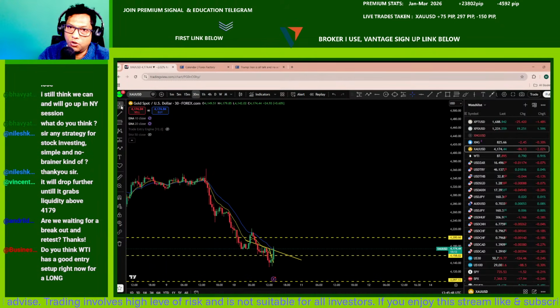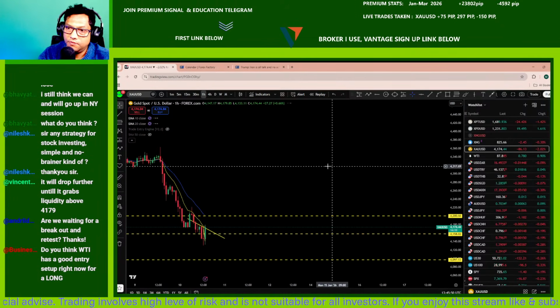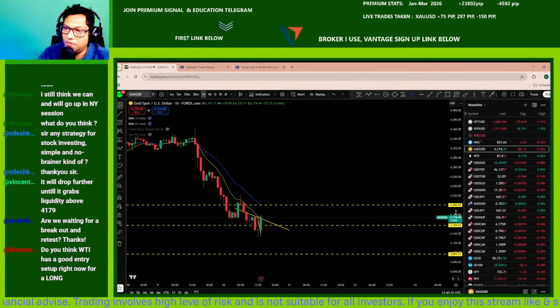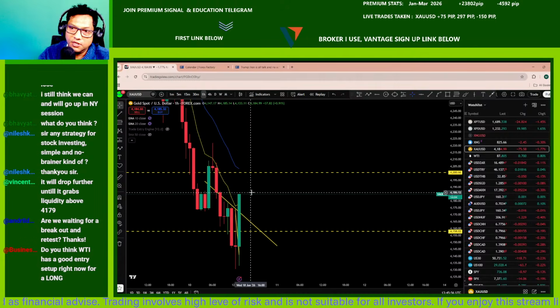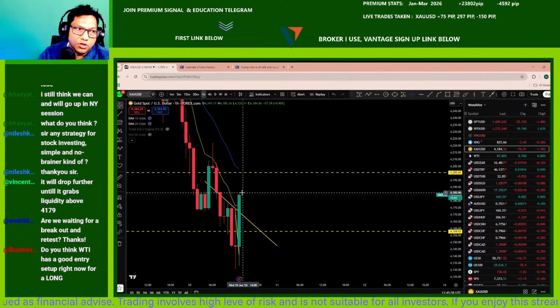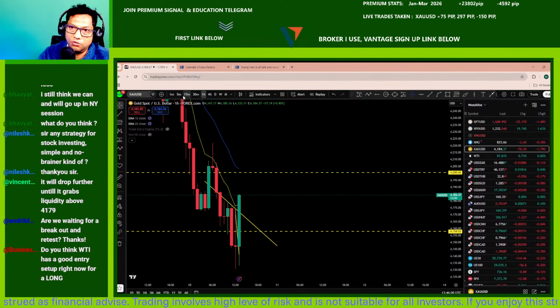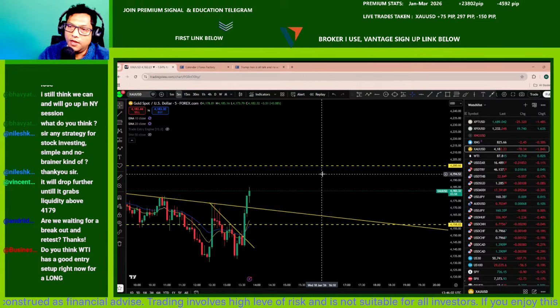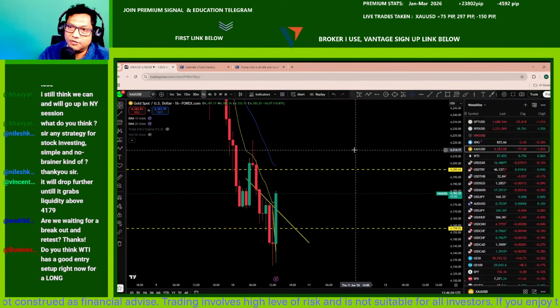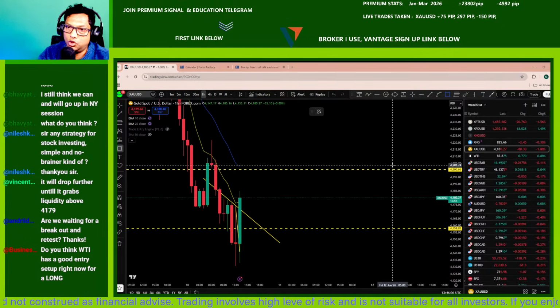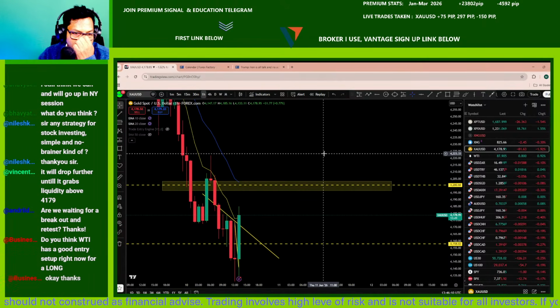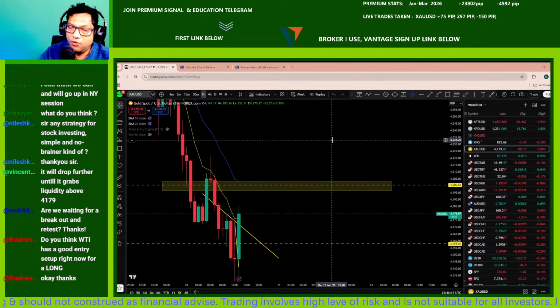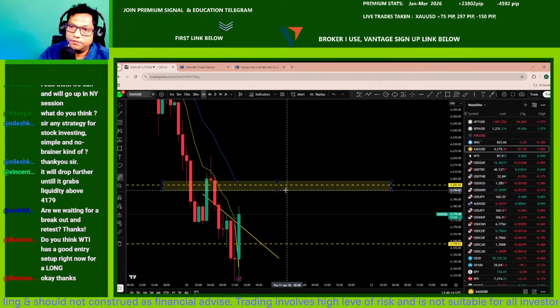Okay, gold has broken again off this, and now the market has just broken this. There is a breakout there. You see that this is a liquidity sweep at this level on XAUUSD, and now it has approached that zone where I'm potentially looking for entry. Now if you look at that level,